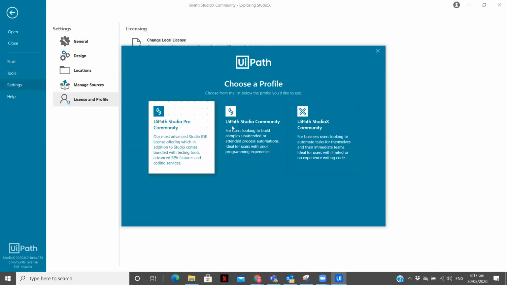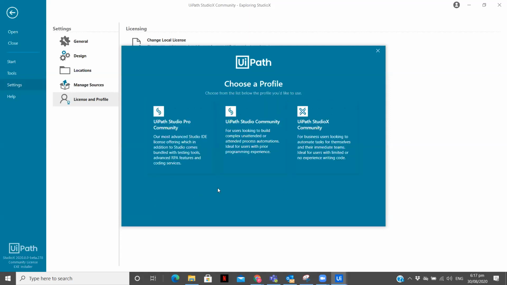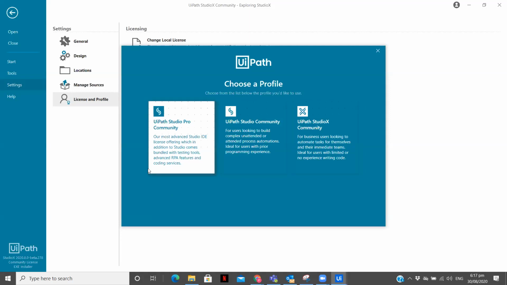Now you see here are the different options. Let's read the description over here as well. Our most advanced Studio IDE license offering, which in addition to Studio comes bundled with testing tools, advanced RPA features and coding services. Here in Studio Pro community, you see it has all the advanced features including testing.